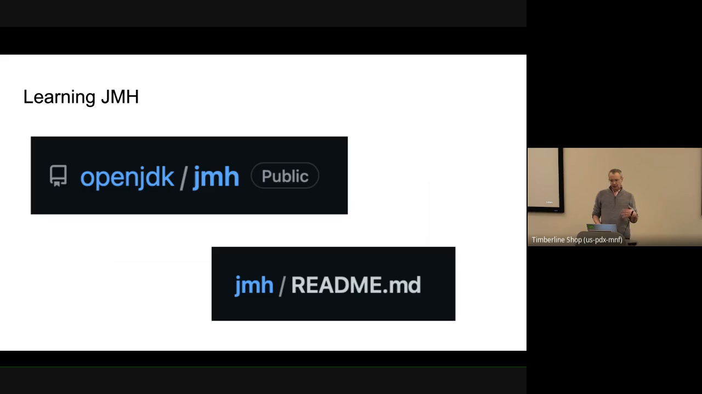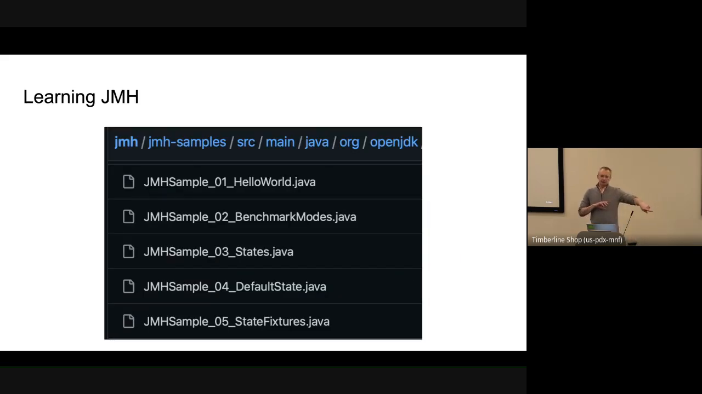If you're looking to learn JMH from scratch, probably the best resource I found was the README file on GitHub. I thought it was a great starting point. It has links to other things, but that's where I started when I wanted to figure out what JMH was all about. And from the README file, there's a link to a subdirectory called JMH samples. And this is almost the best resource